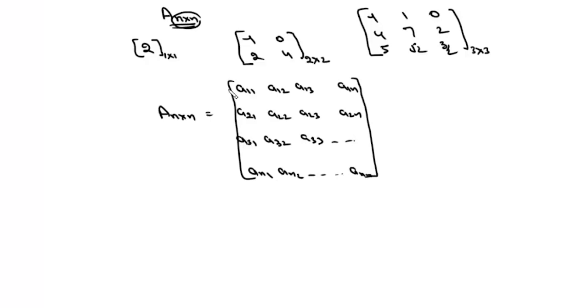Now in a square matrix, we define something called its principal diagonal. For the square matrix, this is your principal diagonal. Now the principal diagonal will contain all the elements which are of the form Aii. Here we have A11, A22, A33 and Ann. So these are called diagonal elements. If i equals j, they are diagonal elements, and if i is unequal to j, then we say they are non-diagonal elements.